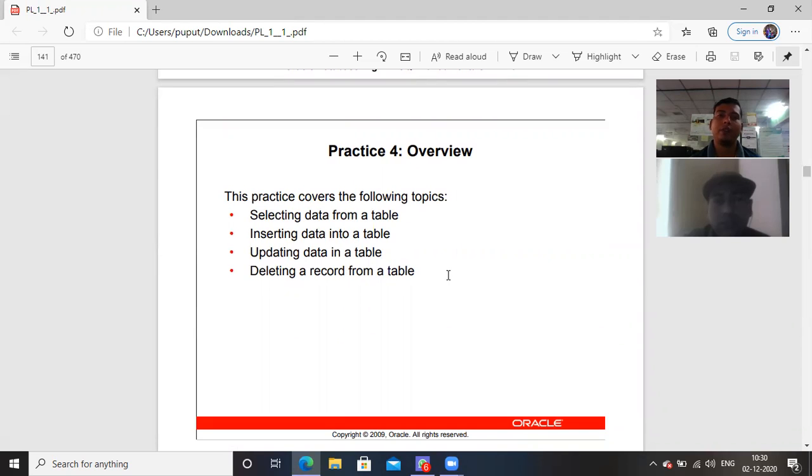This practice covers the following topics: selecting data from a table, inserting data into a table, updating data in a table, delete a record from a table. माने এই সেশনে আমি যাতে সিলেক্ট কেমতি করিব, ইনসার্ট কেমতি করিব, আপডেট কেমতি করিব এন্ড ডিলিট কেমতি করিব, রাইট টেবল